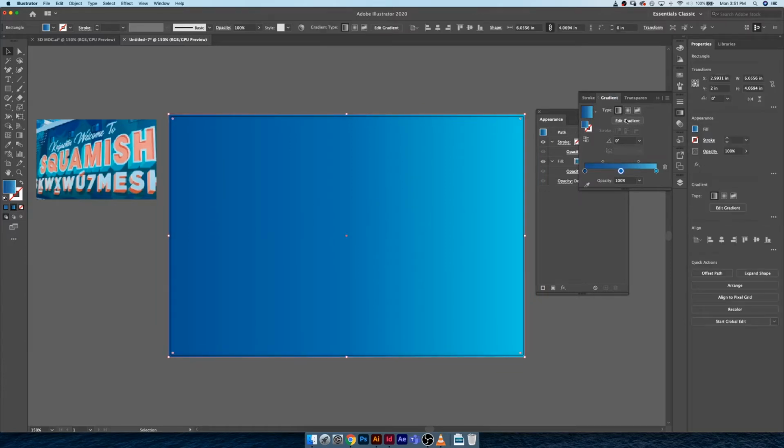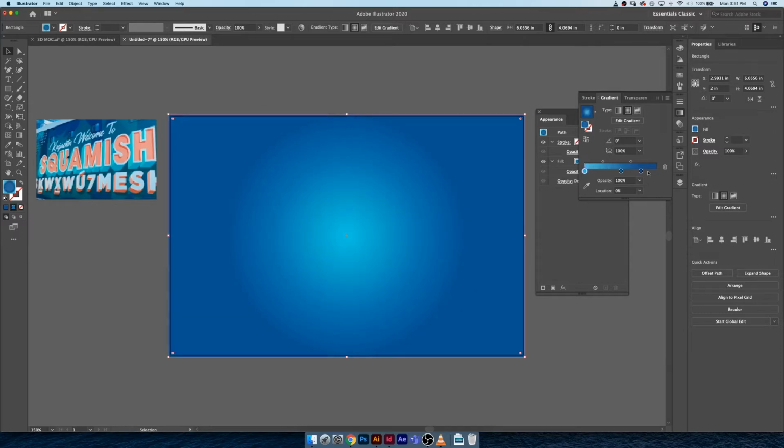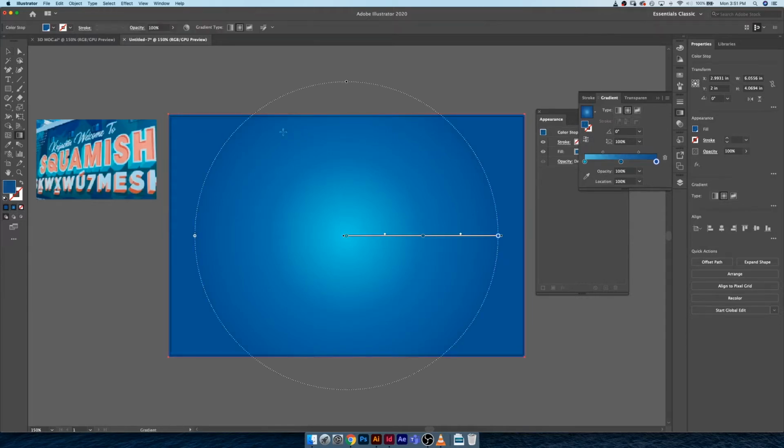I'm going to make this a radial gradient instead, and what I would like to do is actually flip my teal highlight for my dark color so that it's on the opposite ends of the spectrum. Alternately, you could just hit reverse gradient up here and it will reverse things pretty nicely. I'm going to hit G on the keyboard, and I'm going to come up near the top